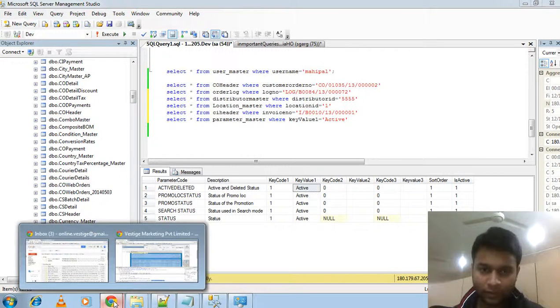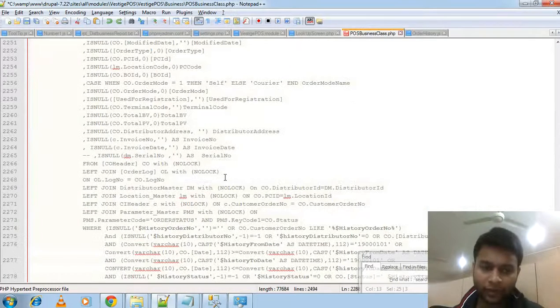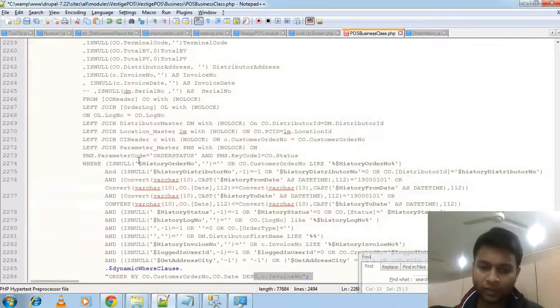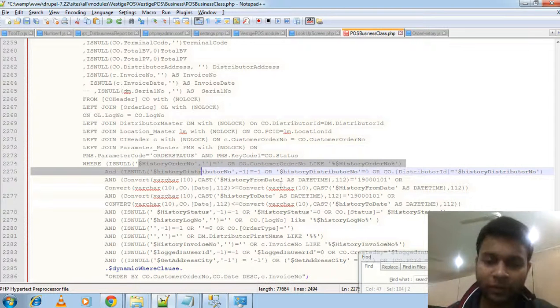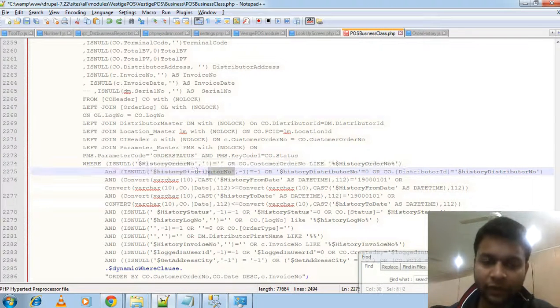So next, here we have put the where condition, where we have put this history order number, and this data we have got from